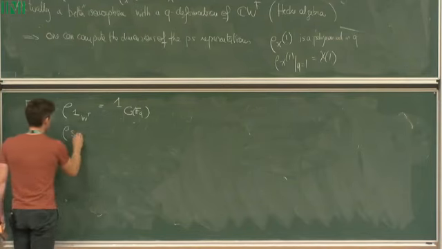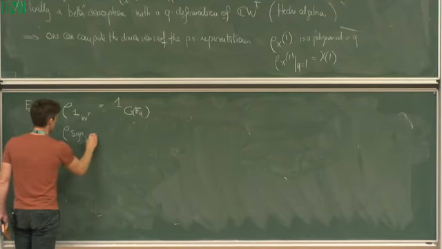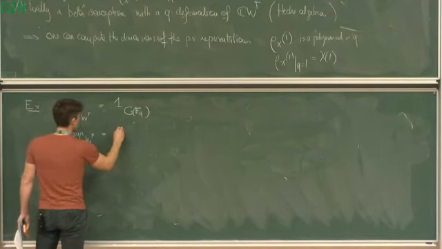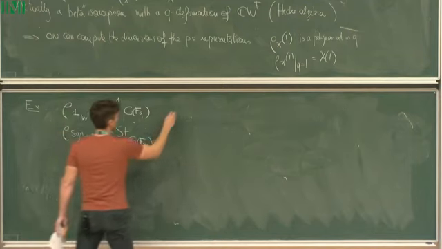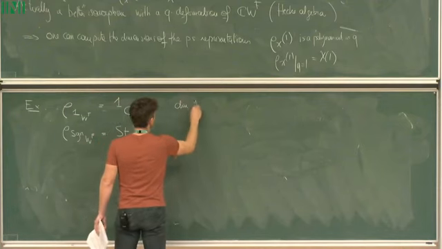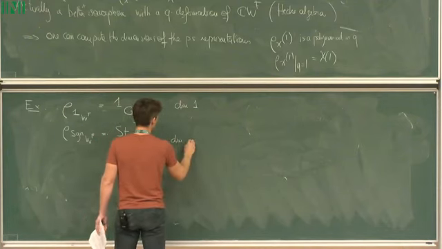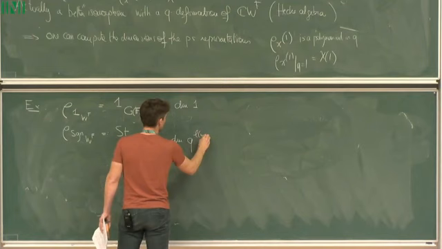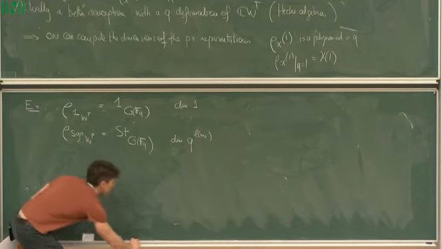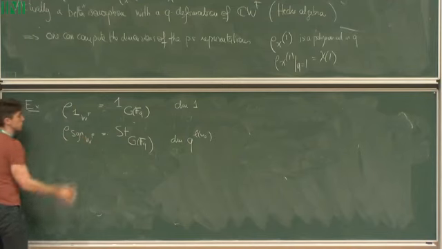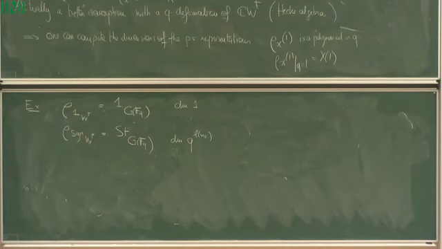And if I look at the sign representation, then I get the Steinberg representation, by definition, if you prefer. So this one has dimension 1, obviously, and this one has dimension q to the length of the longest element w_0. And you can see that if you evaluate q at 1, you get the dimension of the sign, which is 1. Okay. And yes, and